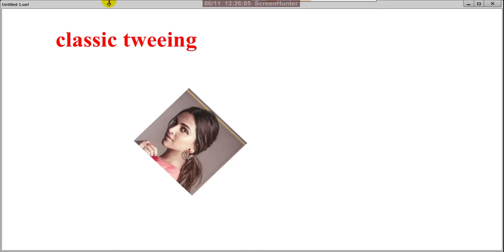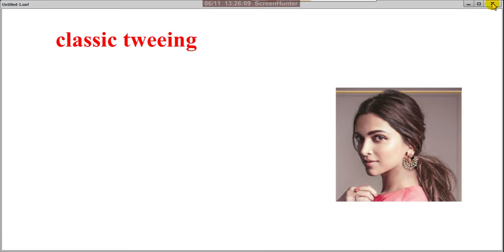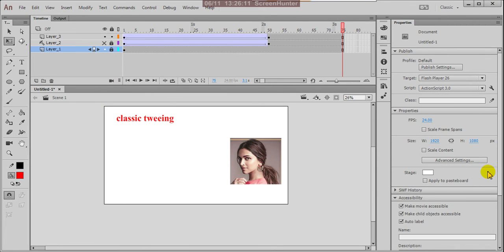So that is the simple classic tweening. By using this method, in future we are doing so many things. Okay, and here the frame rate, suppose I am changing, adding 12, and now you can observe, Control Enter.